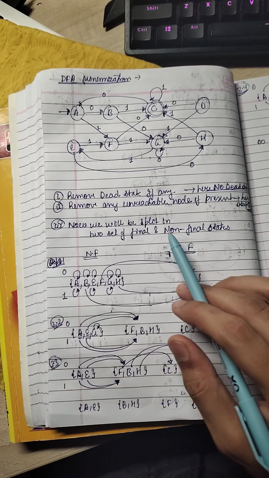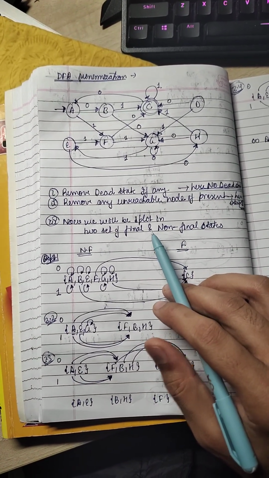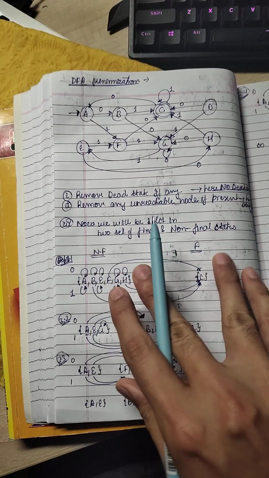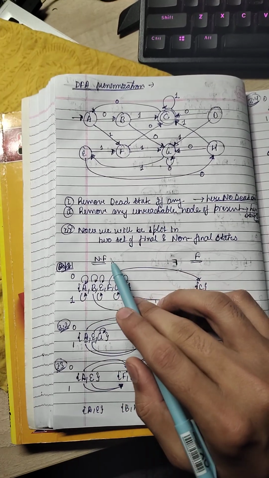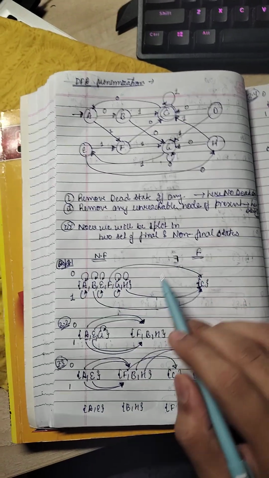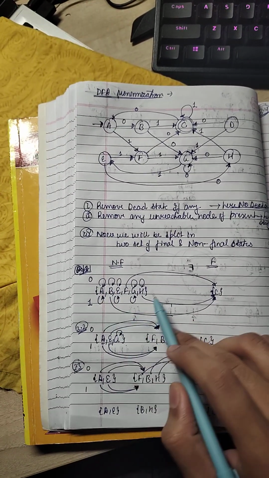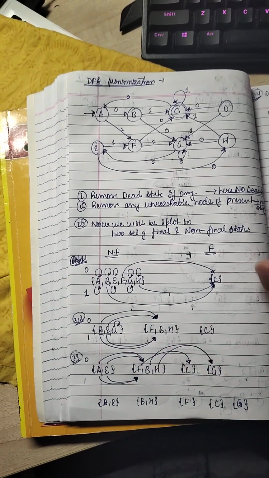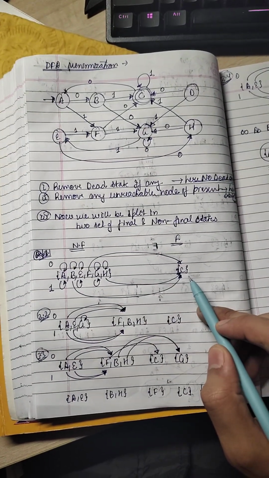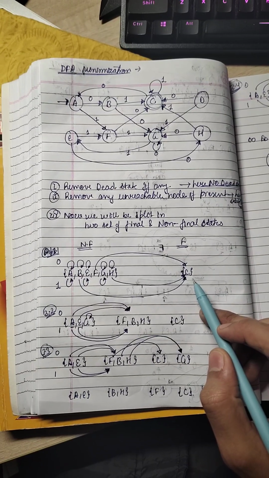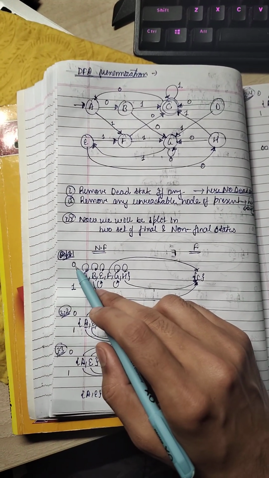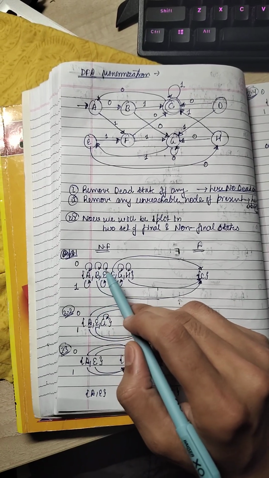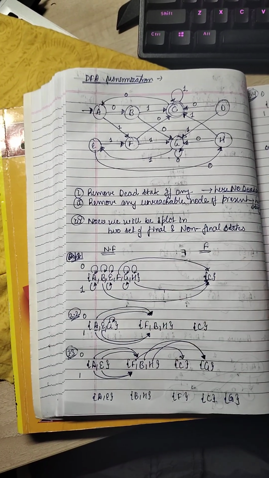Now further moving, we will be following the steps in this way: we will be splitting the states in two ways, which is non final state and final state. Non final states consist of these. Here we have not included D, as D has been removed, and in final there is only one state, so we have put here C. So now here I have put 0 and 1